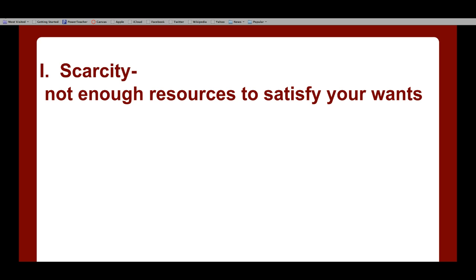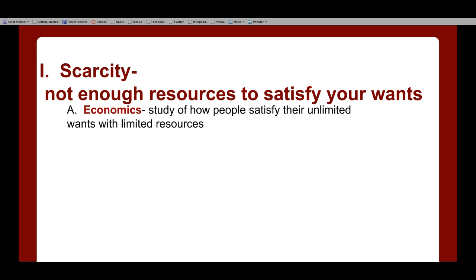So, for example, you guys probably all have a bank account of some kind. You have an X amount of dollars in that bank account, okay? Or you have a paycheck that you get, okay? But you have a long list of things that you want, okay? They don't match up, right? You can't go and buy all the things that you want with the money that you have. So, as a result, you have to make choices,